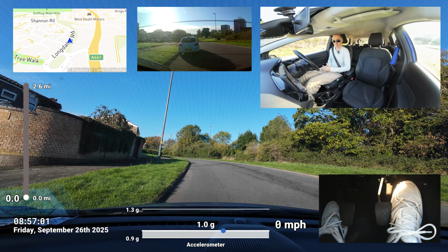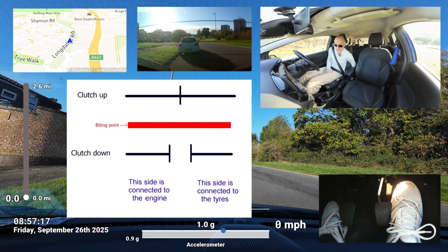So clutch control is the single most important thing you need to master when you learn to drive a manual car. So what is the clutch? Well, here's the diagram I drew for people only yesterday, but what I'll do is I'll put a better diagram up on the screen, which will be the same one I used about 11 years ago in the first version of this video. So the clutch is simply a mechanism that connects your engine to your wheels,